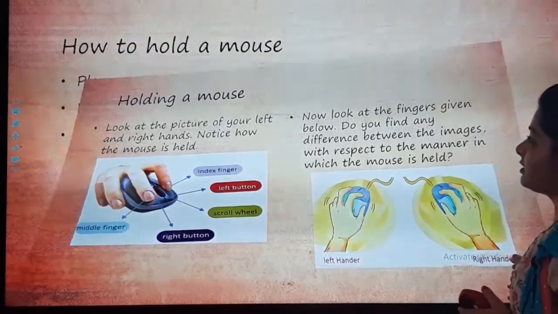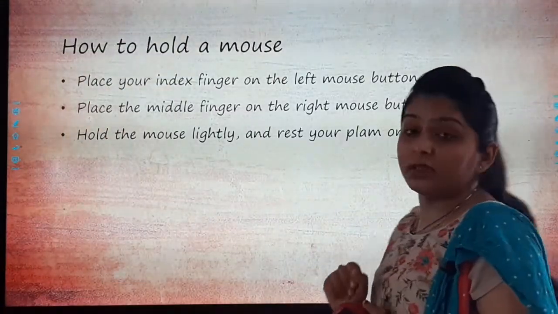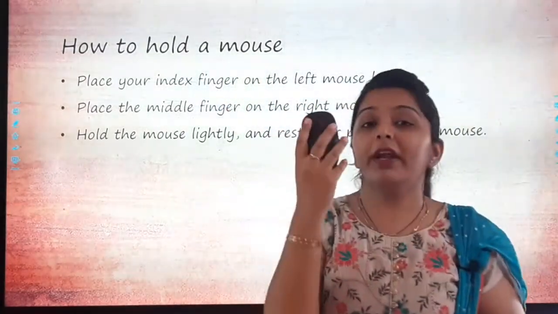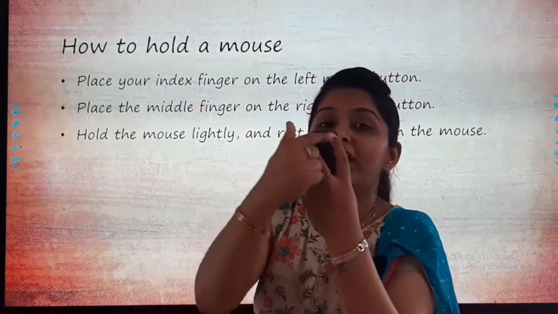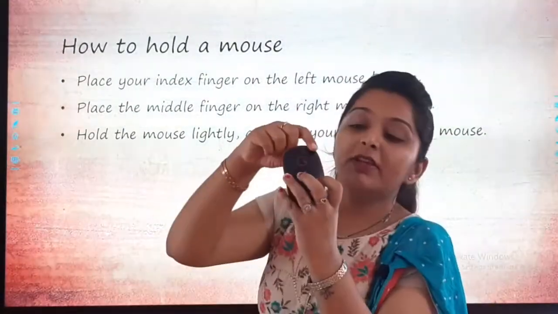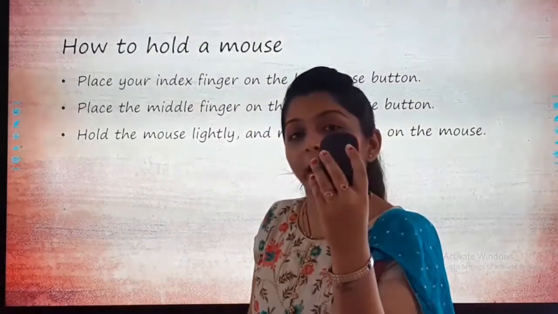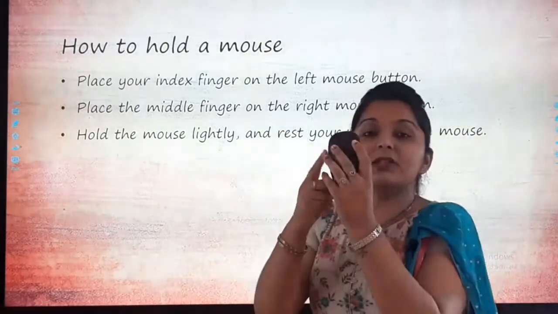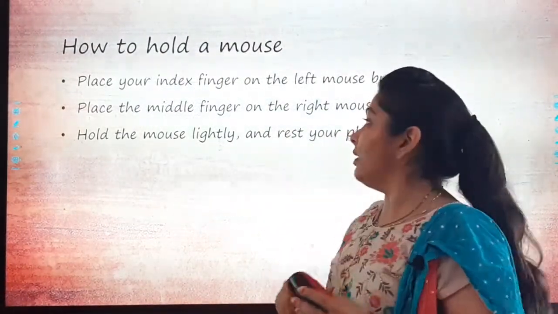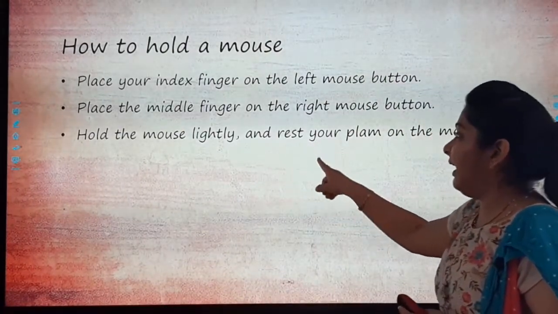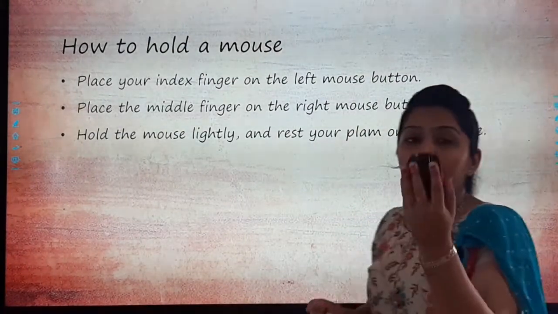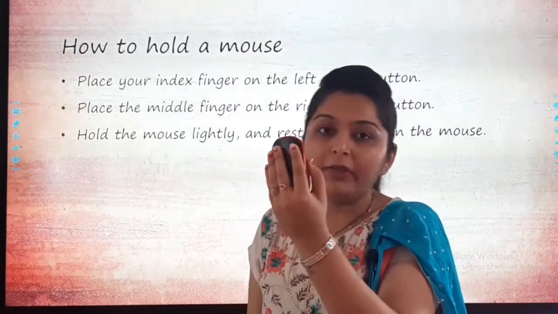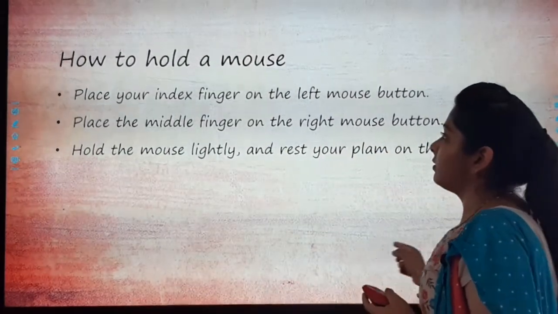The next is how to hold a mouse. See, place your index finger on the left mouse button. This is my index finger on the left mouse button. Place the middle finger on the right mouse button. This is the right mouse button and this is my middle finger. Hold the mouse lightly and rest your palm on the mouse. We have to hold it very lightly, and my whole palm is on the mouse. Clear? Next,